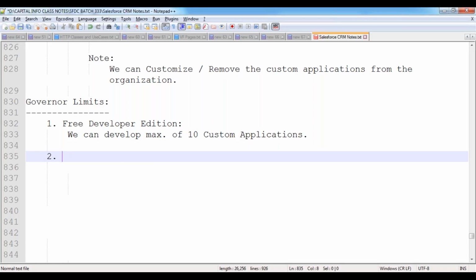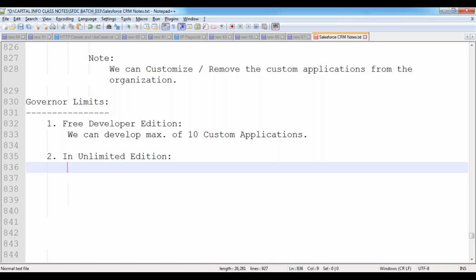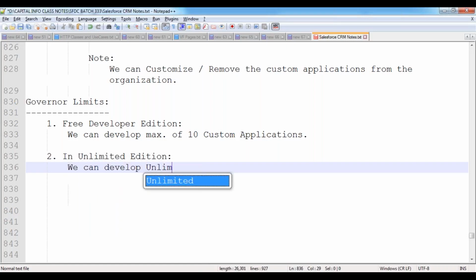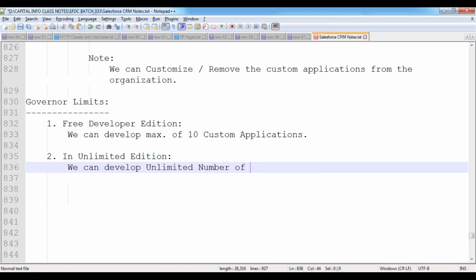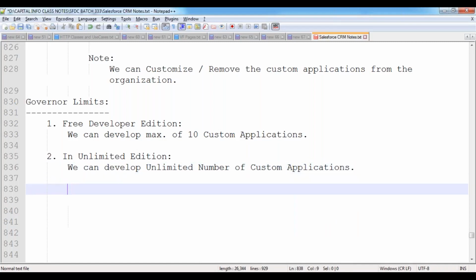In the unlimited edition of Salesforce, we can develop an unlimited number of custom applications. That means n number of custom applications we can develop inside this.